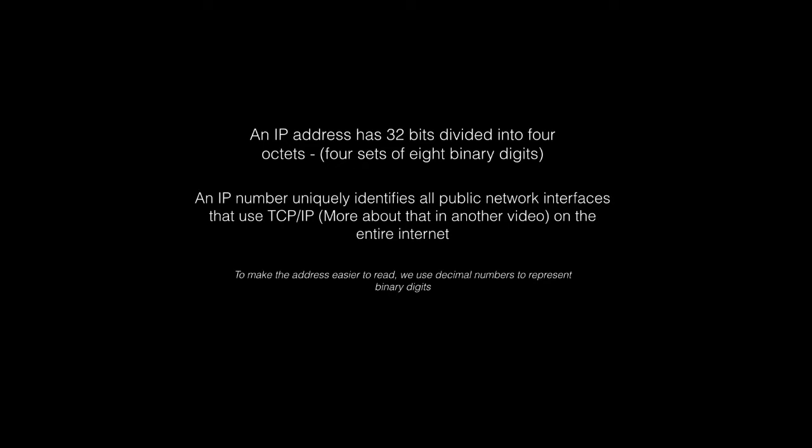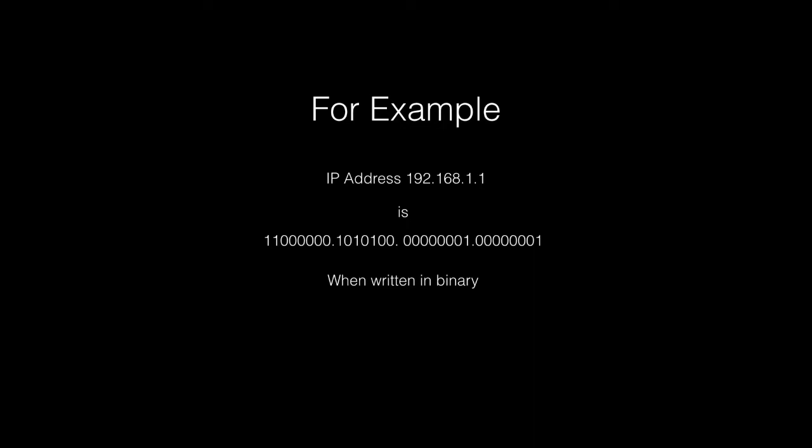An IP number uniquely identifies all public network interfaces that use TCP/IP. We'll talk more about that later. In other words, everything on a network has an IP number associated with it. For example, the IP address of